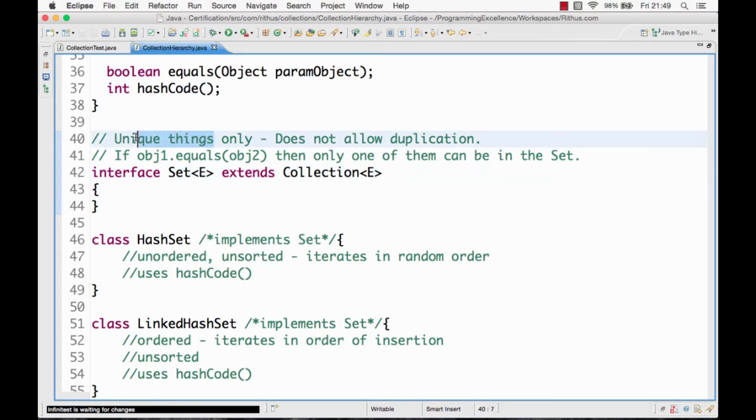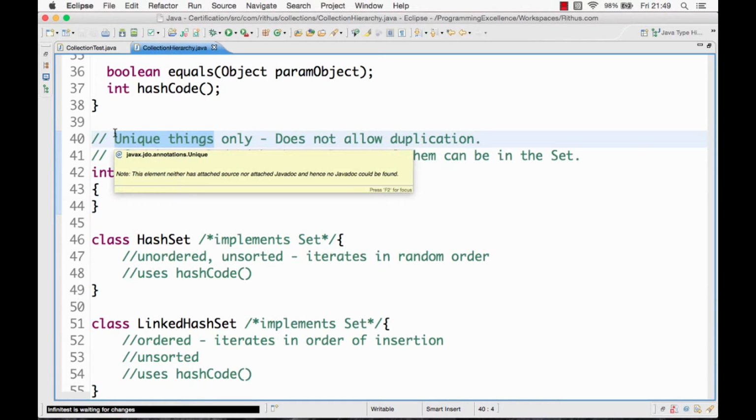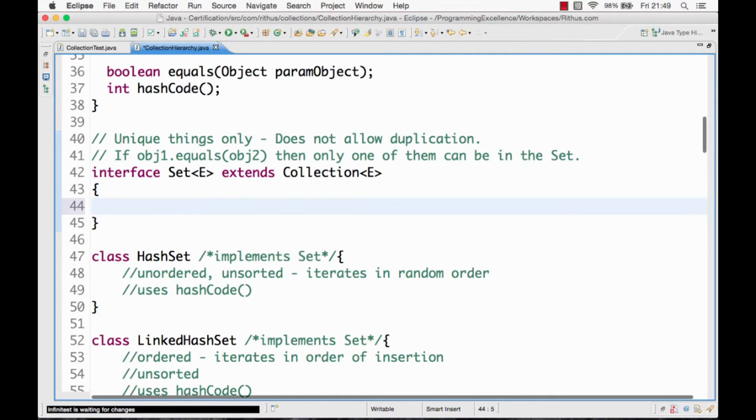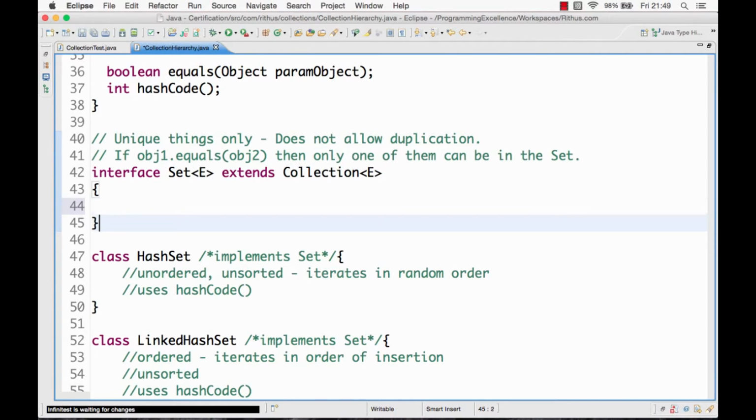So I cannot have the same element twice in a set. So that's the most important distinction between a set interface and a collection interface. I mean, the difference is basically in the usage and not really in the definition of the set interface. So the set interface extends the collection. So set is basically a collection, but all the things which extend set store unique elements. You cannot store duplicate elements in the set. The next one